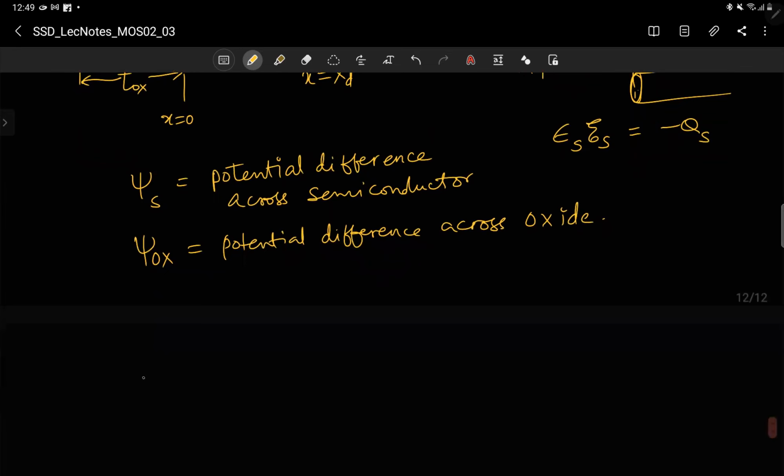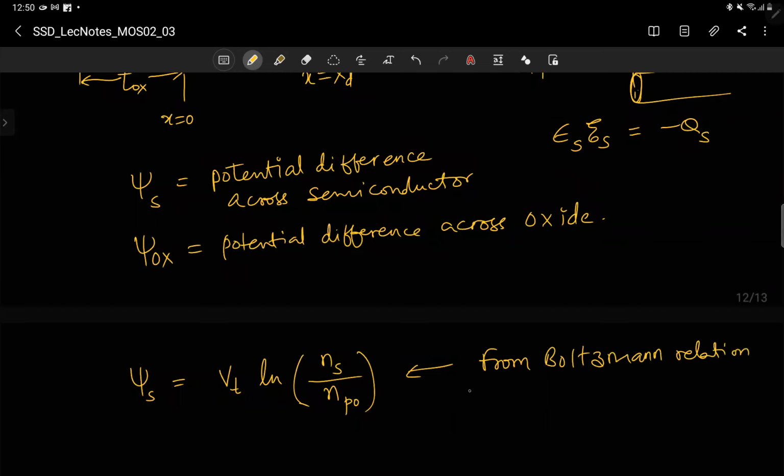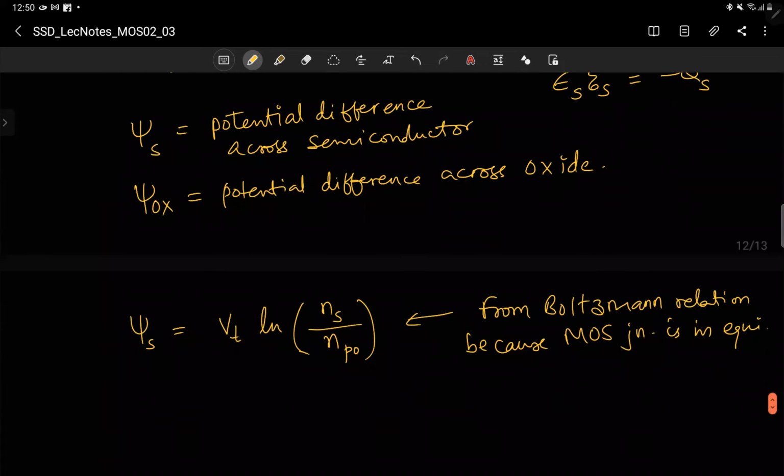Now, let us take psi S. Psi S equal to Vt ln ns by np naught. You know this from the Boltzmann relation. When things are in equilibrium, Boltzmann relation applies, because the MOS junction is in equilibrium. We have seen the PN junction also, Vt ln Na Nd by Ni square, all that is coming from the Boltzmann